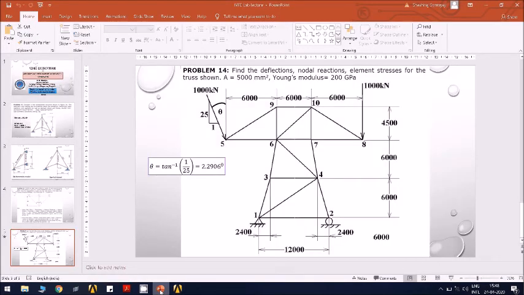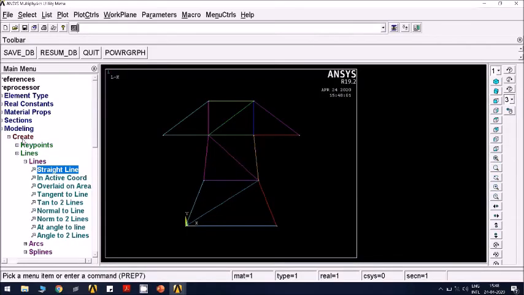That is the final form of the geometry of the truss structure that is given.